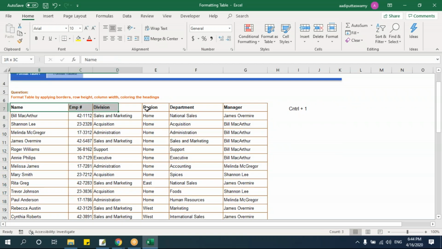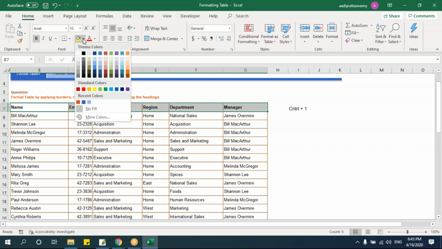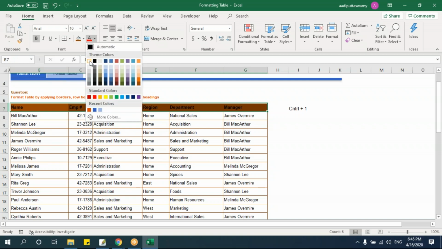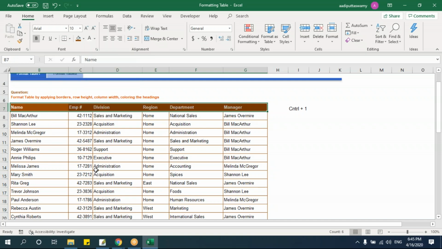Next, we have to separate your heading from the data. Why should we do that? Because the heading should always be highlighted. So it should be different from your data. It should not be the same for heading and data. So how will I do that? I'll highlight this by giving some color like this. And since it is a dark color, I'll use a light font color and make sure that your heading is center aligned. And again, guys, there is no rule that you have to format like this only. Formatting can be done by your own thoughts, but make sure that it is readable and presentable.